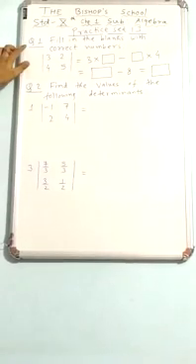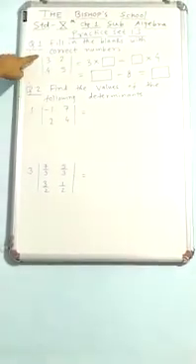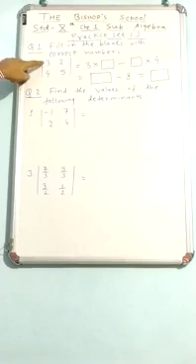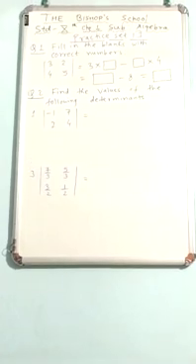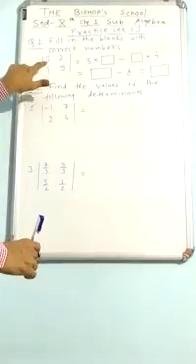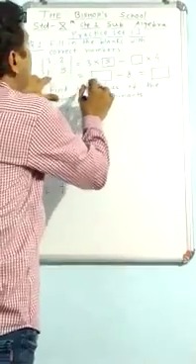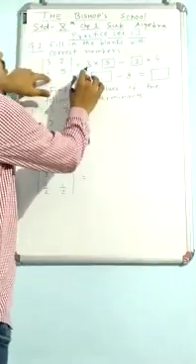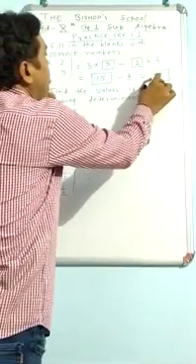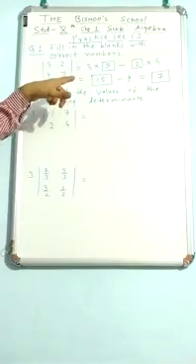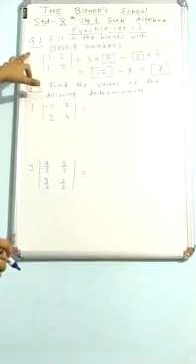Now we have practice set 1.3, question number 1. Fill in the blanks with correct numbers. See, the determinant is already given: 3, 4, 2 and 5. Now we have to write the correct number in the boxes. So 3 into 5 and 2 into 4. So here I have to write 2. 5 threes are 15, 4 twos are 8, 15 minus 8 is 7. So we have filled up the blanks. That question number 1 is over.